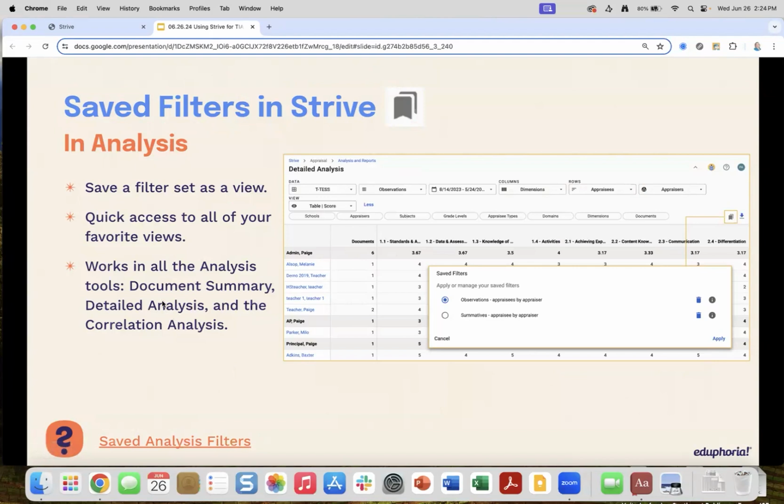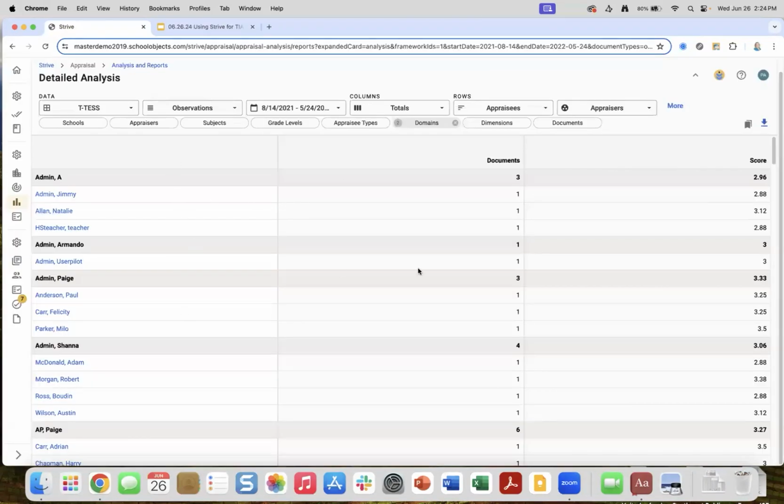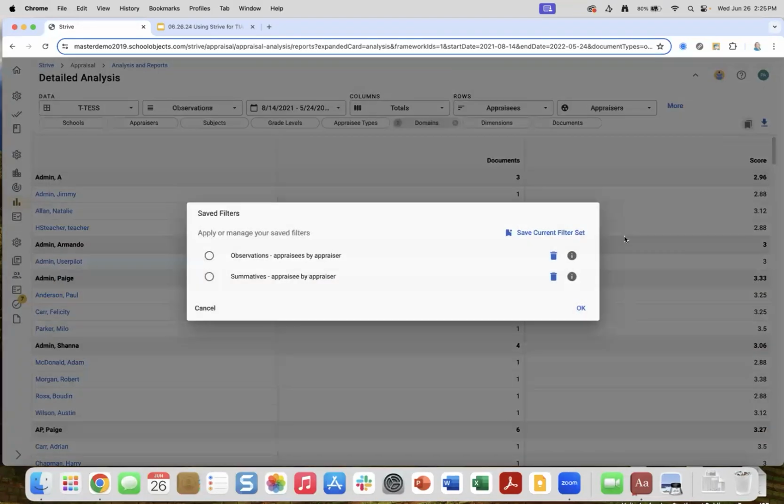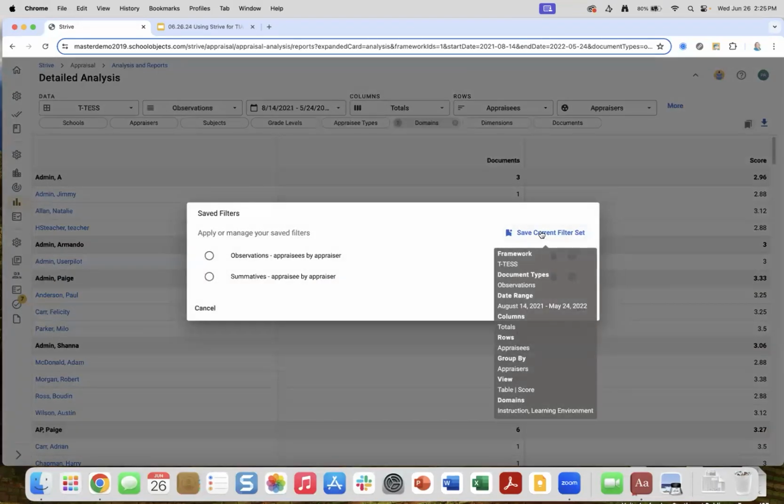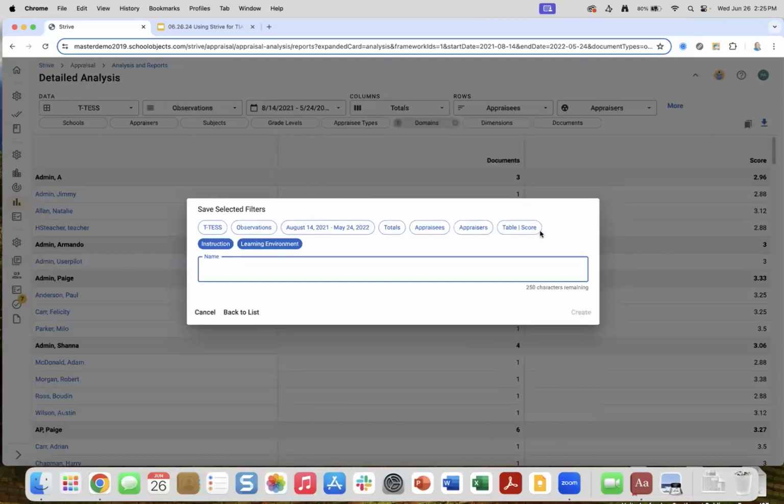It's not even a month old, but if you go in now to your system, anywhere that you are, I have this view that I'm looking at. I can come over here and there's a little bookmark icon. I can click on that and say I want to create one. So I want to save my current filter set. I'm going to call it